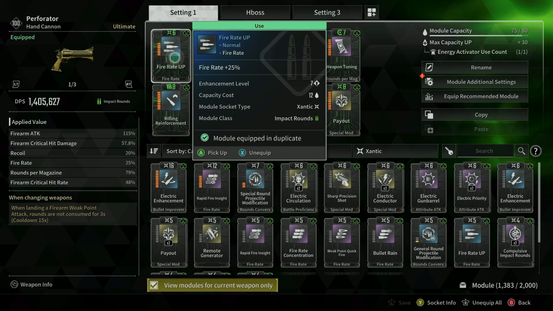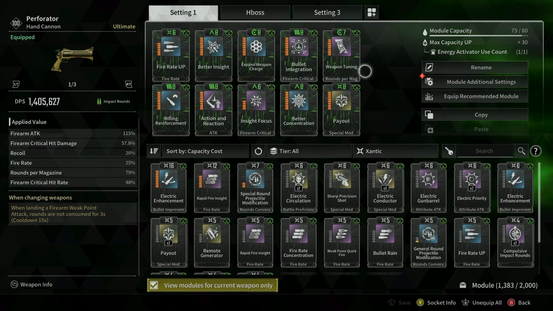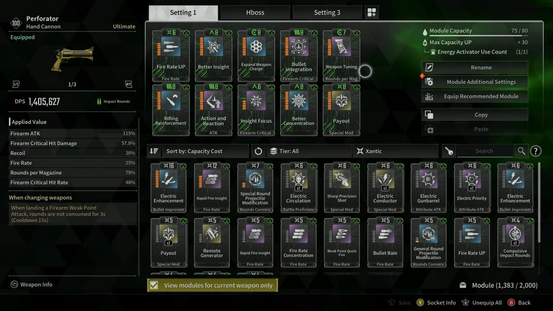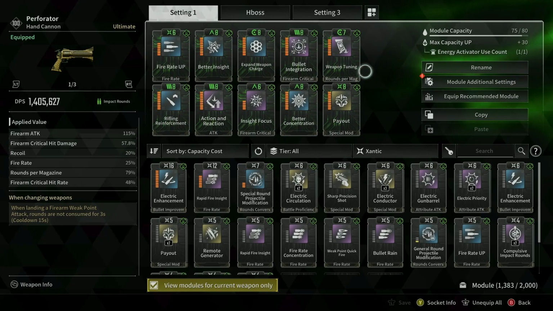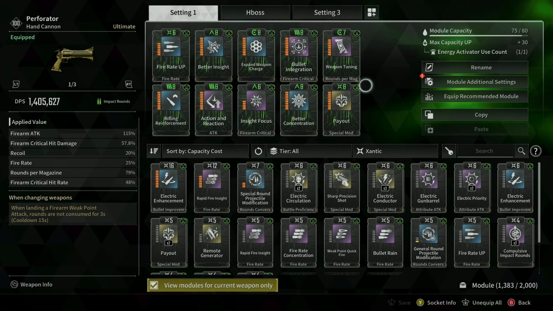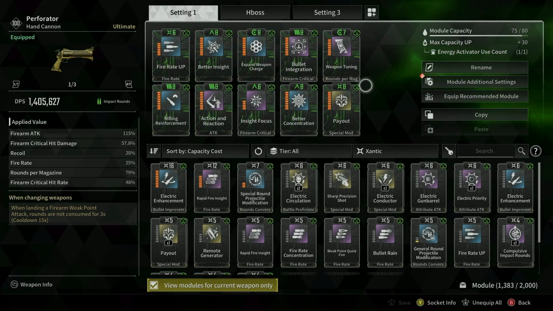And I don't have the option to put another fire rate mod on because they only let you do 1. I went through all of the mods and I was like, oh, what do I want to do? There's no real wrong answer, but I didn't want a bunch of wasted mods on the weapon. I've used all the crit mods that you can possibly put on. I got better insight, better concentration, so that's your base, action and reaction, rifle and reinforcement, fire rate up, minimum